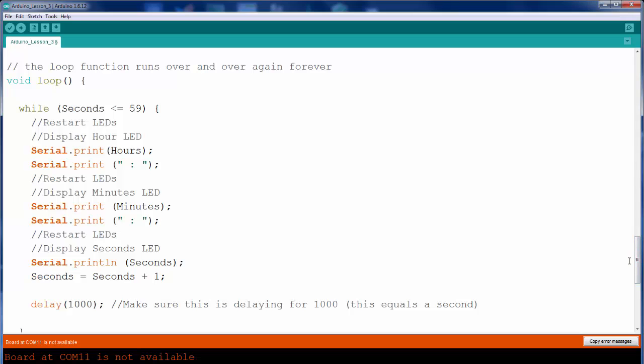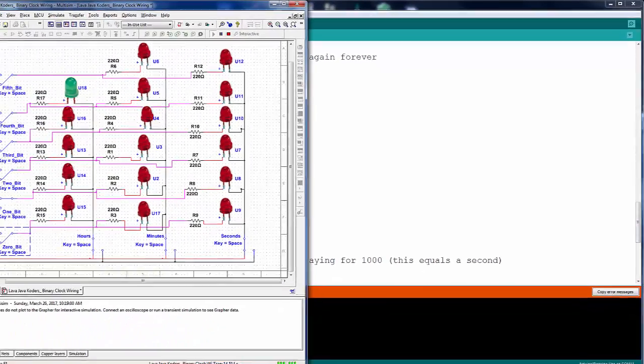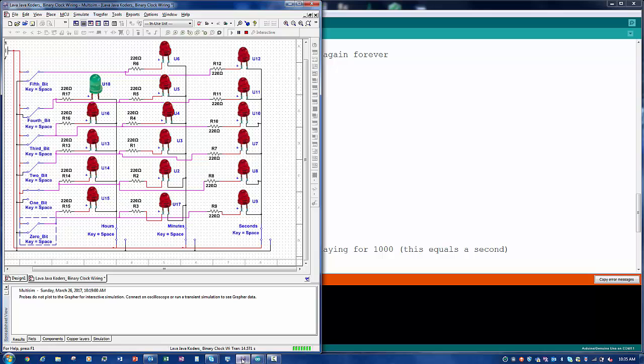So lesson 5, I think this is lesson 5, will be basically coding the LEDs, and then once we have that done, lesson 6 will be wiring the LEDs correctly as we have in this schematic. And then lesson 6 would be just making sure everybody's working properly. If anybody has any questions,